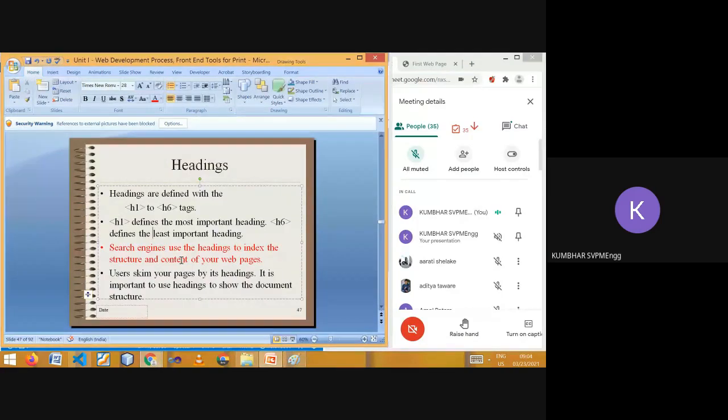So not only for displaying different sites, but a very important use of the heading tag is that it is useful for indexing by the search engine, so that your website will come first or on top when someone searches for the content. Obviously every website owner wants that whenever anyone searches, his or her website should be shown by Google first. So for that, one clue is indexing, and for that the heading tag is there.